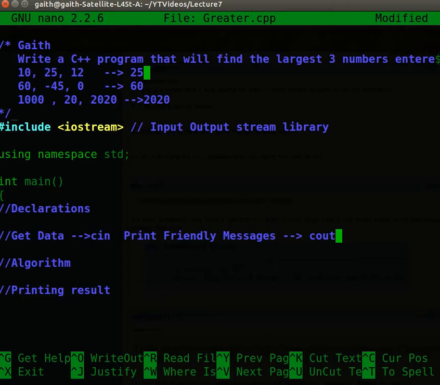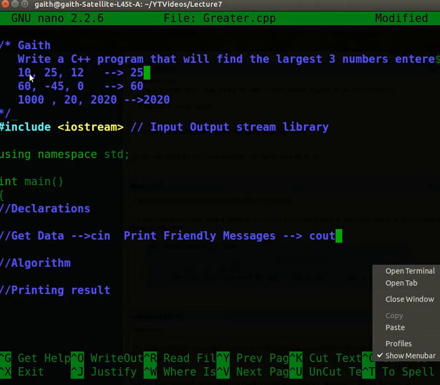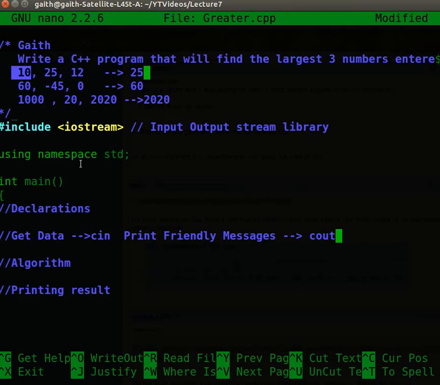So what am I gonna do? I'm gonna check if this number 10 is it greater than 25? No. So now I want to set 25 as largest, and always look here, we're gonna declare 3 variables which